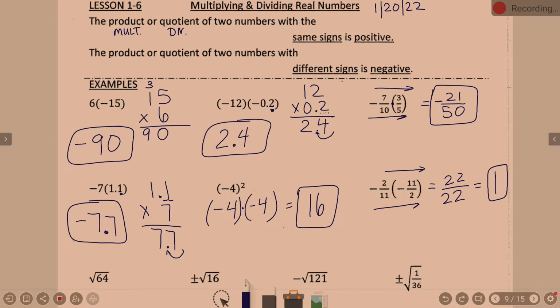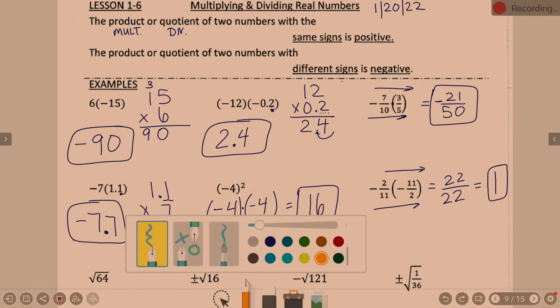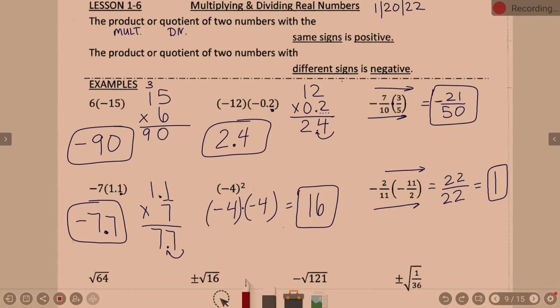Do you guys cross cancel at all? I've never heard of that. What do you mean, like cross cancel? Another way we could have done this. I'm sure you've seen it, it just may not be your preferred. There's nothing wrong with what we just did here. We're not cross multiplying though. We're cross canceling. What do 2 and 2 both divide by? 2 and 2 can both divide by 2. 2 divided by 2 is 1. And 2 divided by 2 is...